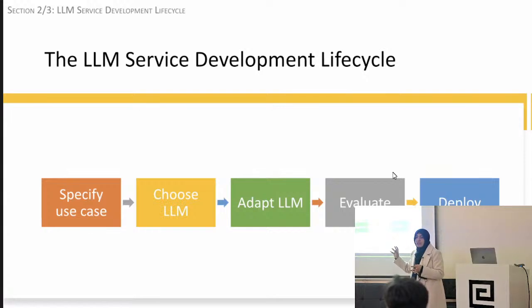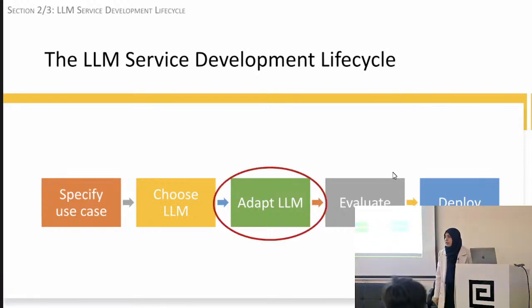These are called foundational models for that reason, because these are already available and you choose it for your use case according to that. And then you adapt that using several techniques that we'll talk about. In fact, that's the major portion of this talk. And now when you've adapted it, then you have to evaluate whether it's meeting the need or not, and then you would deploy it.